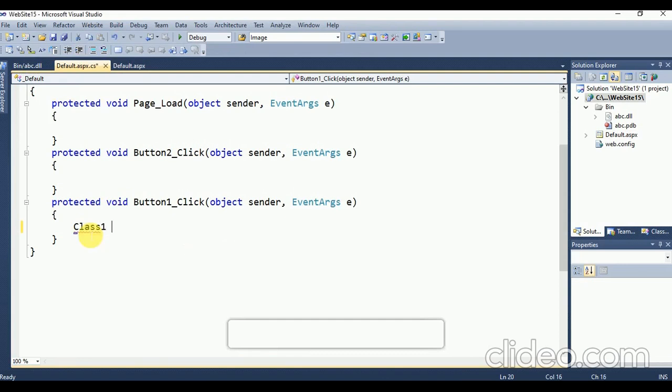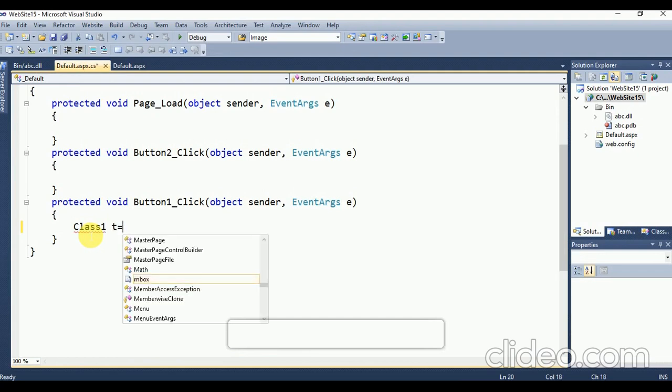Object can be created by using the new keyword followed by the name of the class that the object will be based on, like this.